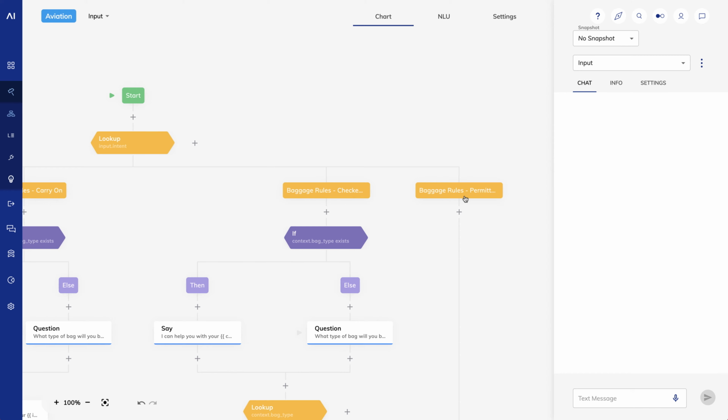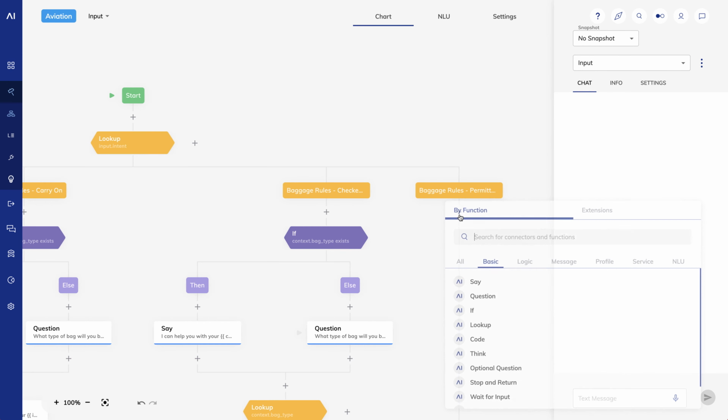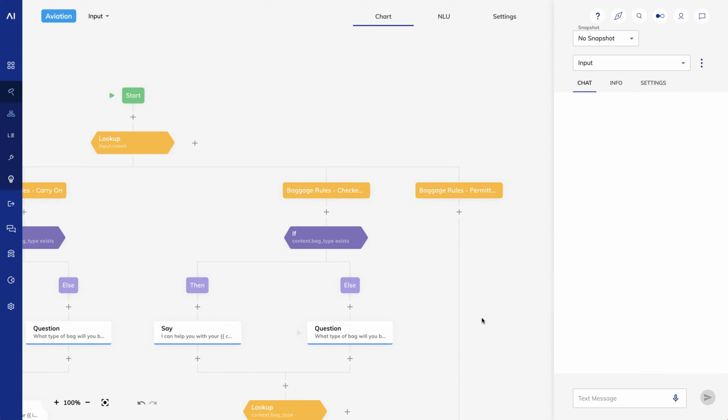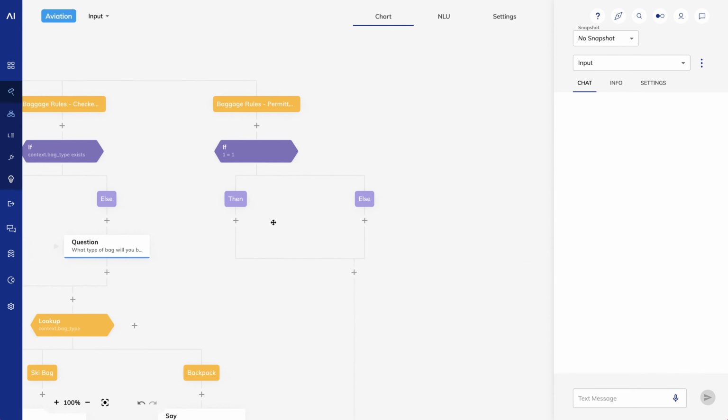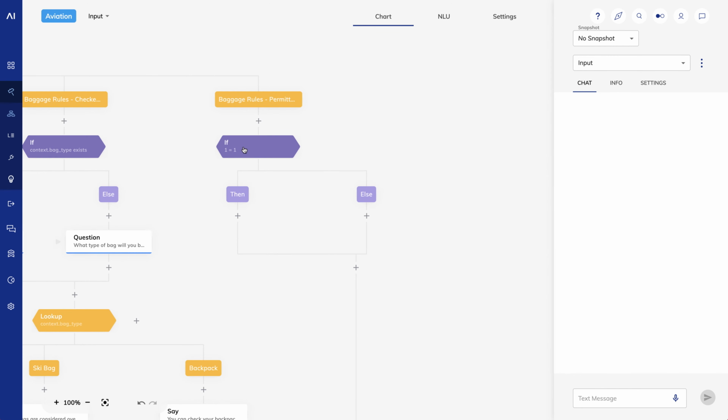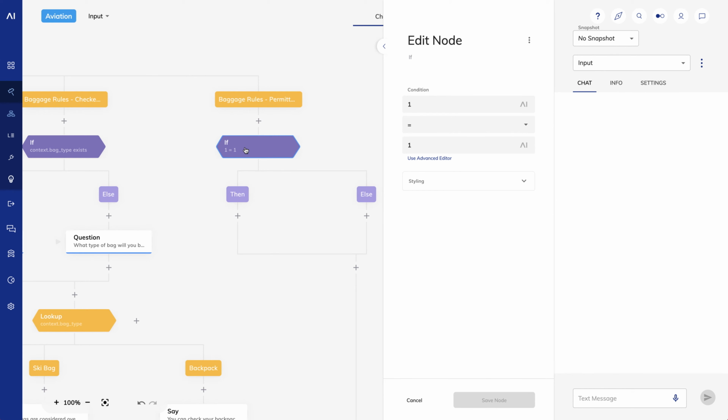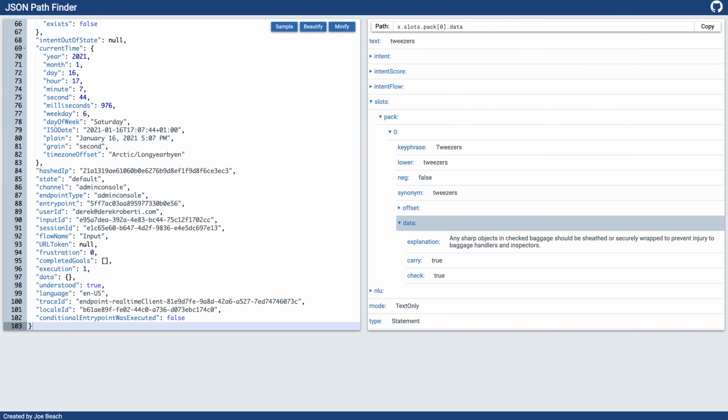In either case, I'll store the item they're asking about in the Cognigy context. So first, let's check if there's a slot match for the PAC slot. In my condition, I just need to check if the slot exists.